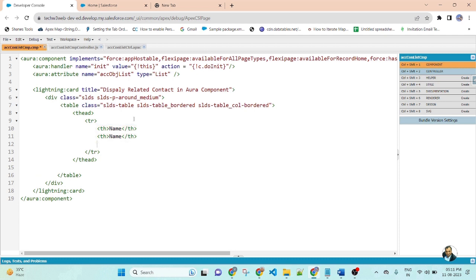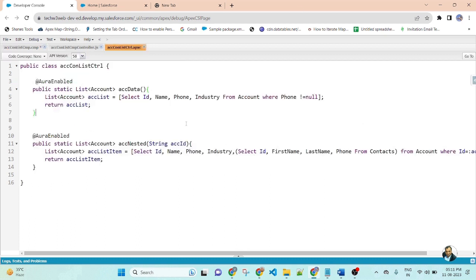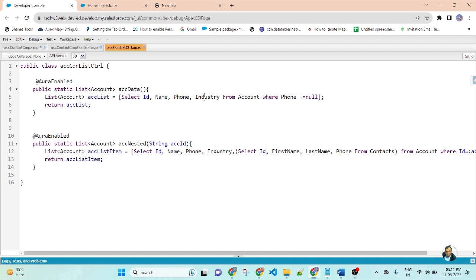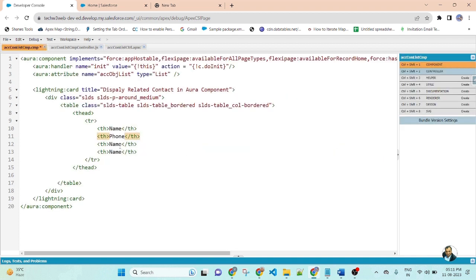Copy the TH, paste 4 times. So name. The second column is phone. Third column is industry. Here we will apply the button. Then T body.